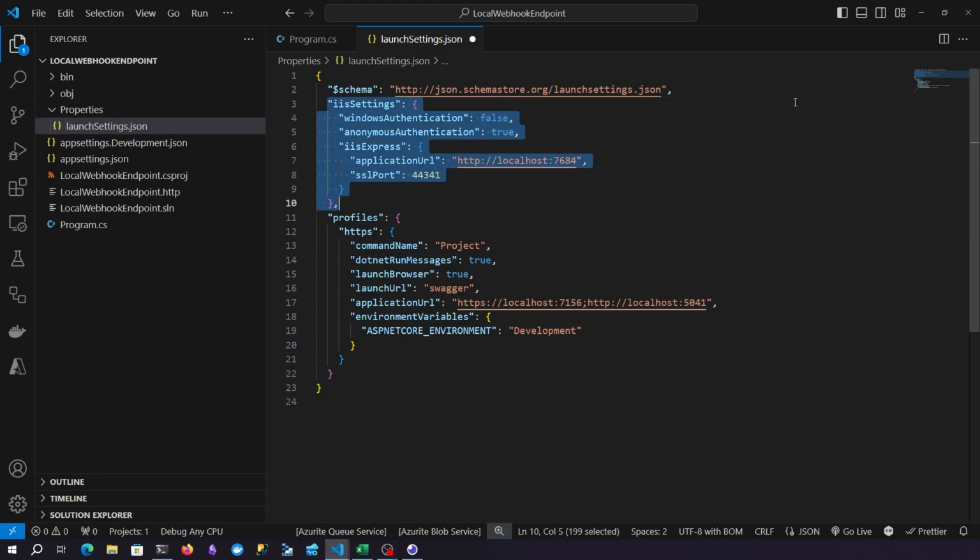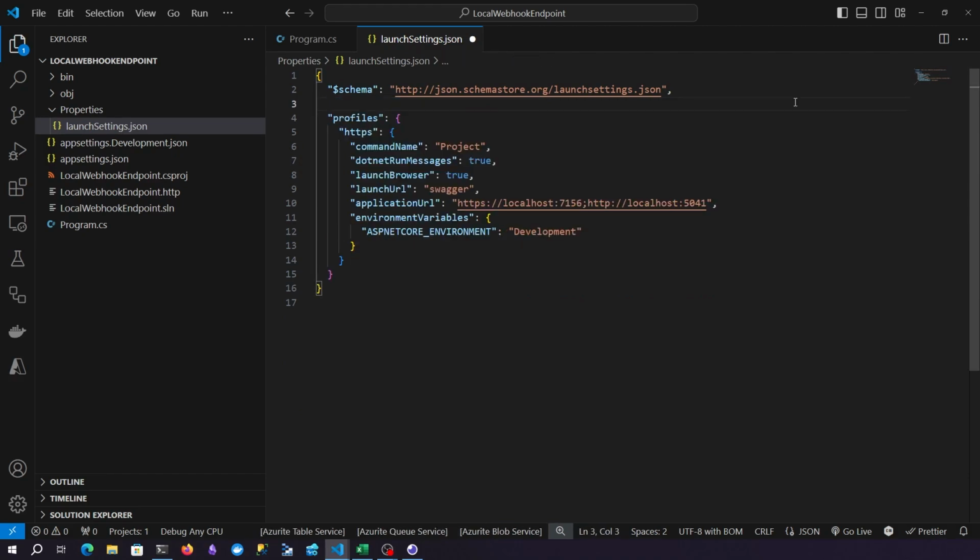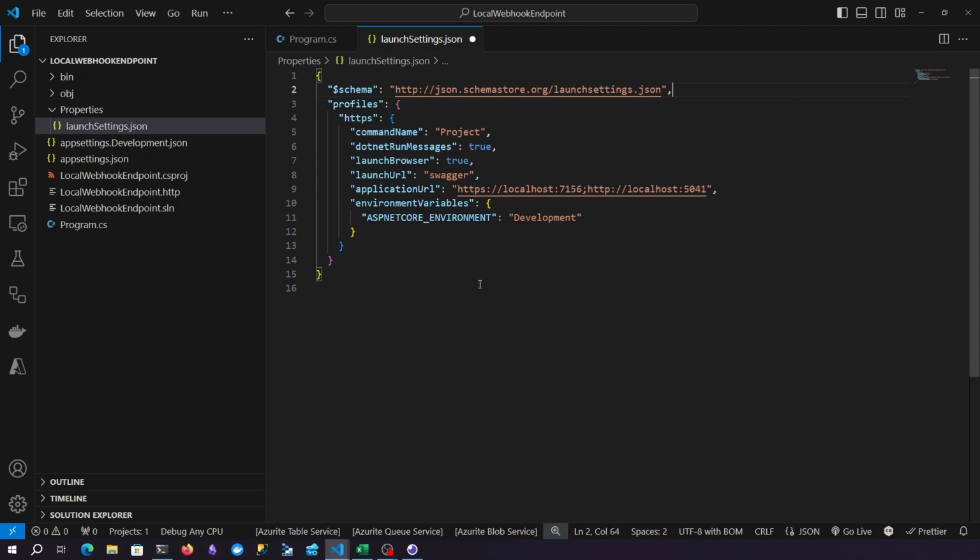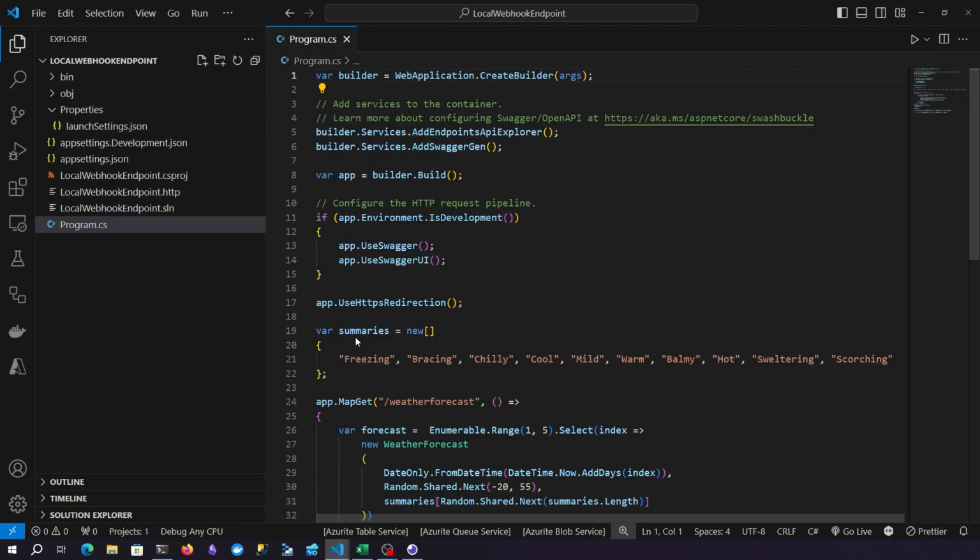And I'm then going to take out these IIS settings as well. So this file should be really rather simple now. It should just have this stuff in it. Save that off, close that down, and then we're going to do a bit of butchering of our program.cs